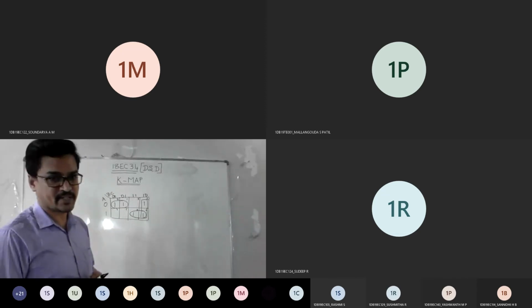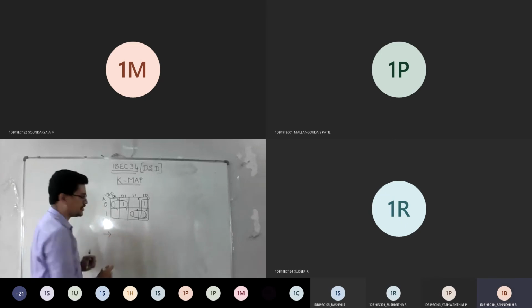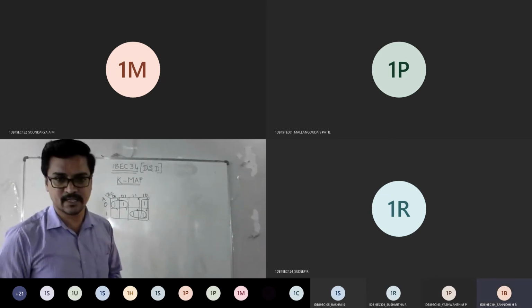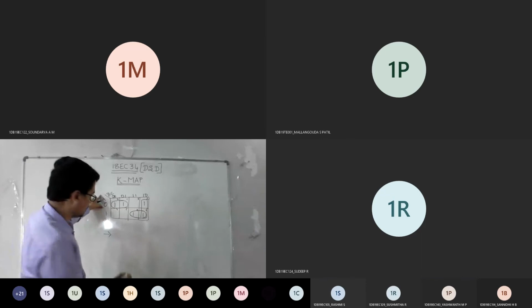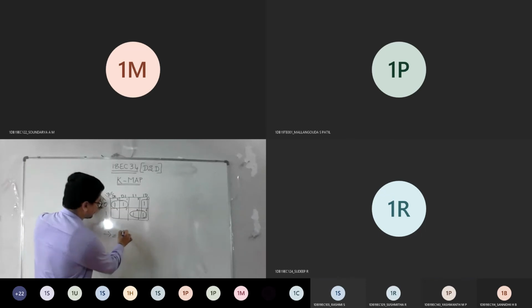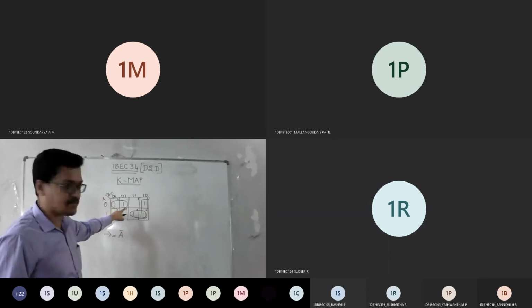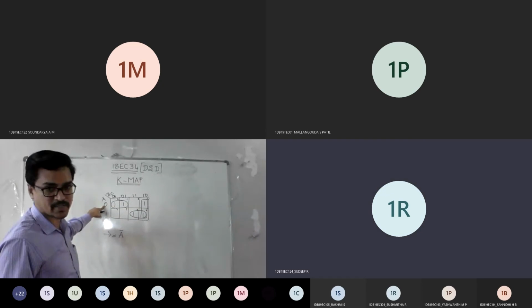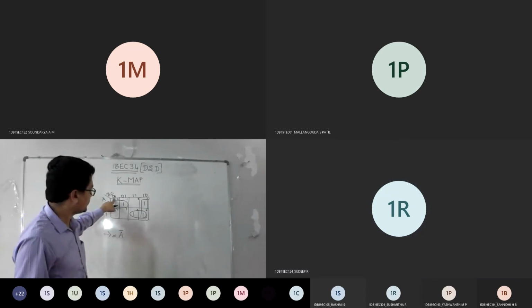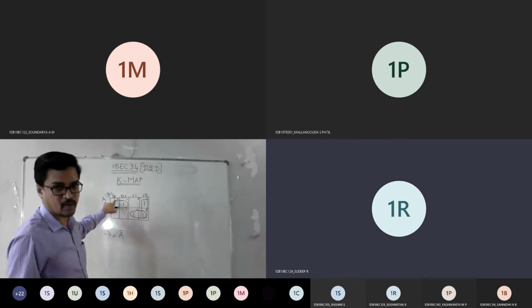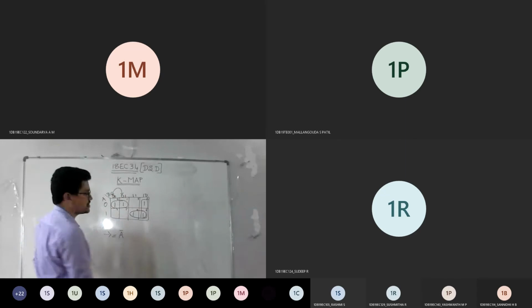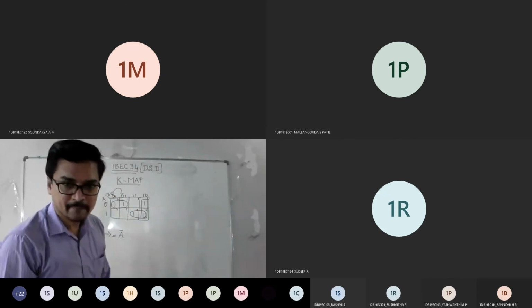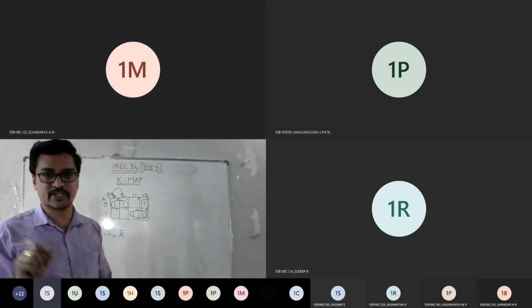Okay. So how to write an equation, I told you. What you should do is just check out the common term. That's it, right? If you look at this pairing, what is there? 0. So 0 belongs to A bar, so you can write A bar straight away. Is it fine? So this pairing I am talking about. Here you have 0. Then look at here, you have 00 and 01. Among 00 and 01, which is common? 0 is common, B bar, right? Yes or no? Yes, sir. So you just need to pick the common terms. That's all your task.